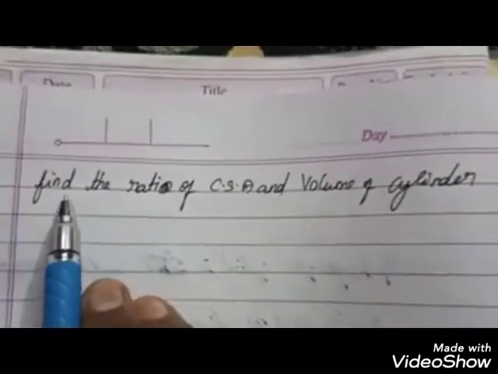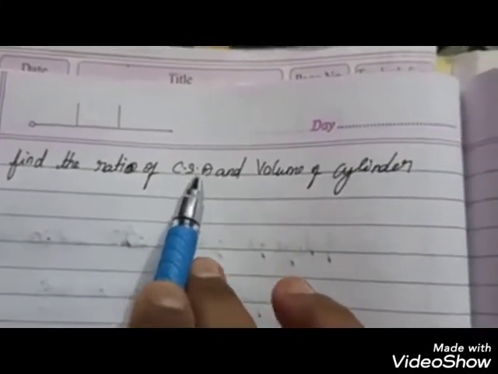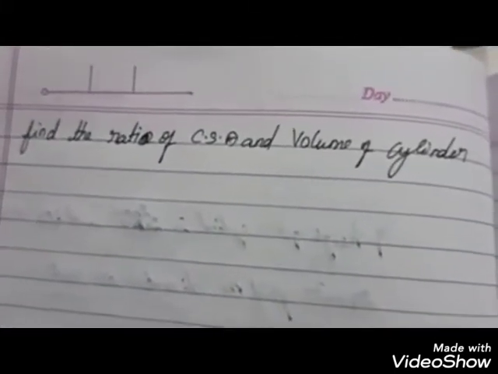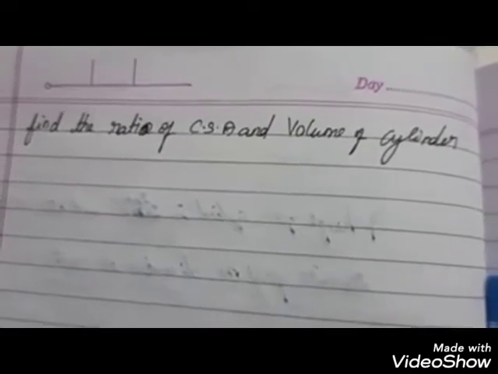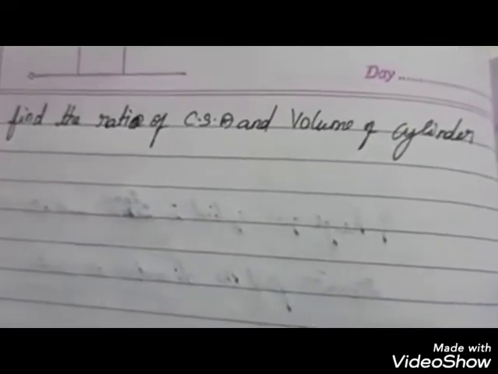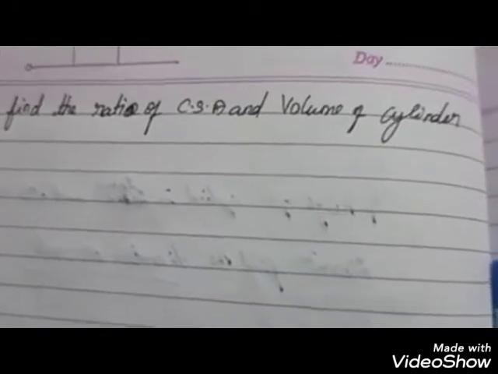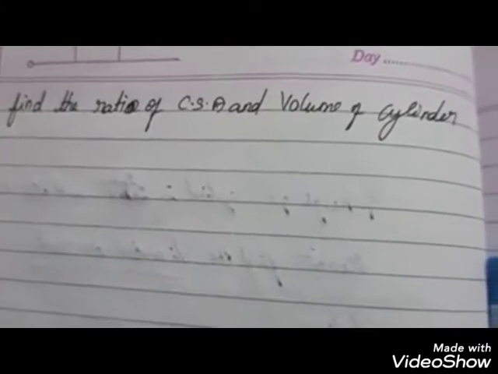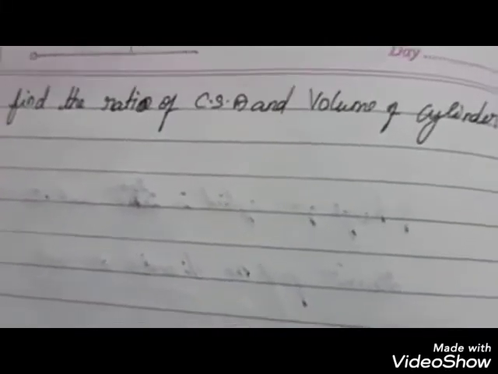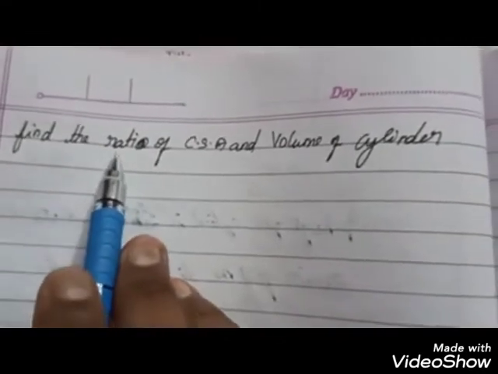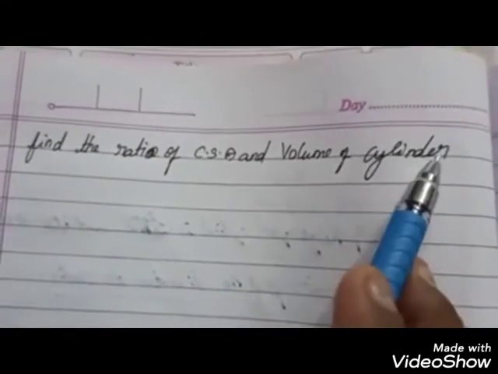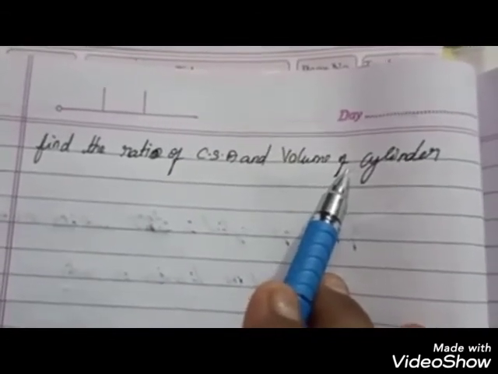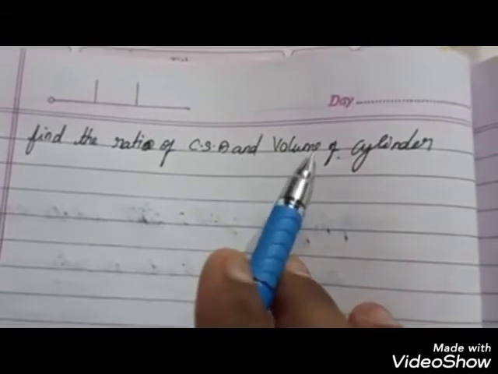So now the third question. Find the ratio of CSA and volume of a cylinder. So I will take only the formula. In the previous questions, they have given some values, like length, breadth, or radius, height, and we need to find the curved surface area and total surface area by using the respective formulas. Here we need to find the direct ratio of CSA and volume of a cylinder. There are no given values. So how do you find it? You need to compare the formulas and find the ratio.